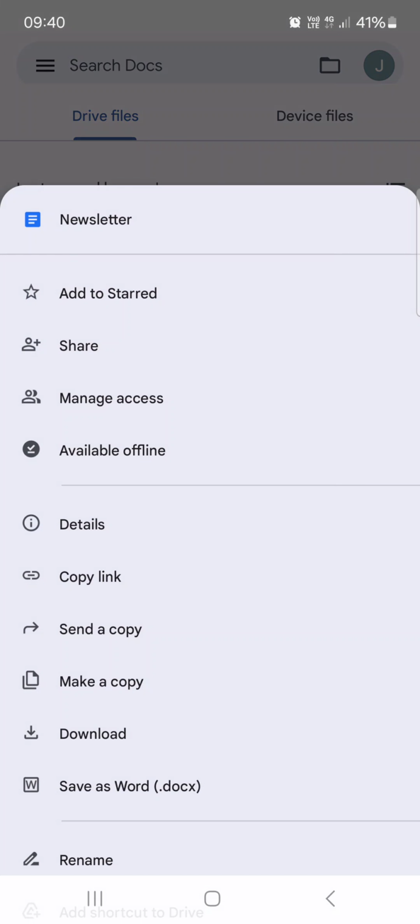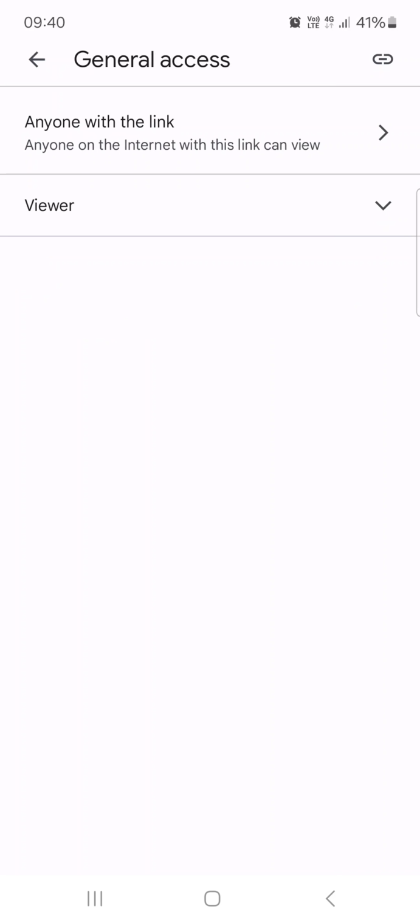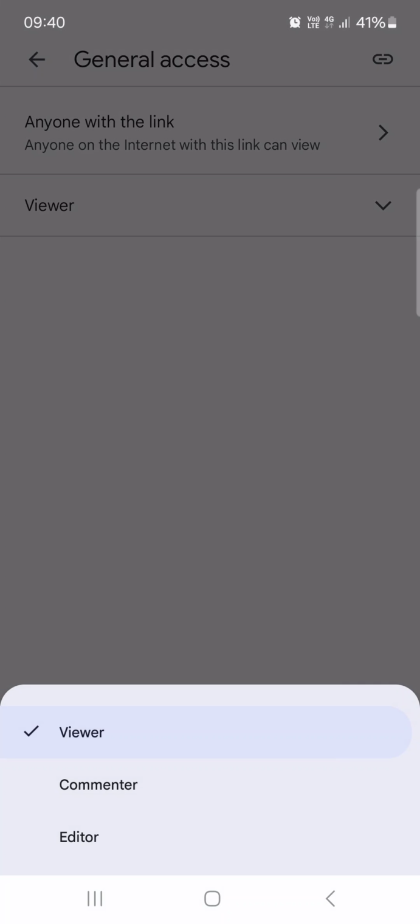to it, then tap on Manage Access, and here, if this is set to anyone with the link, we can tap on Change, and then at the bottom we can set what kind of role people that have access to this document have. So they can either be a viewer, which means that they can't edit the document, a